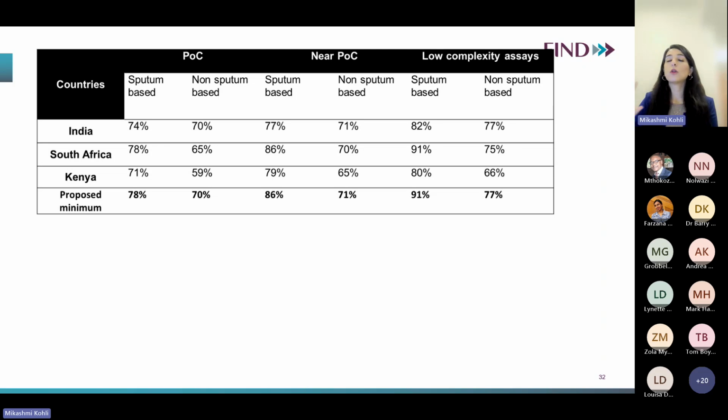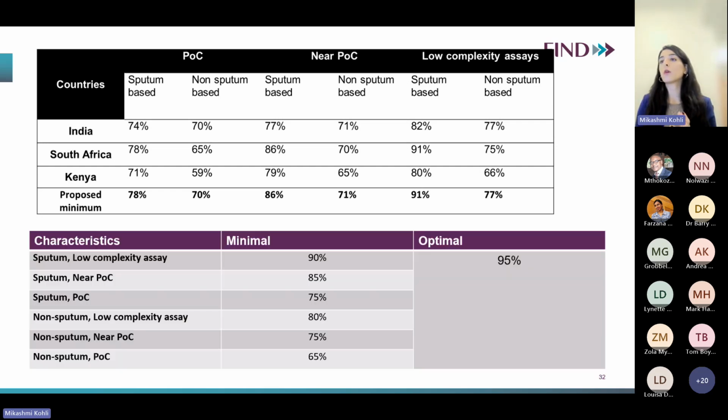Now, all of this was the exercise for presenting to the TPP development group, to get feedback from them on what makes sense. But it is not purely an academic exercise only. It is academic, there are public health experts, but there are also advocates and civil society people who are part of that TPP development group. So even some aspects from the advocacy were taken into consideration, and this was what the final document will have,